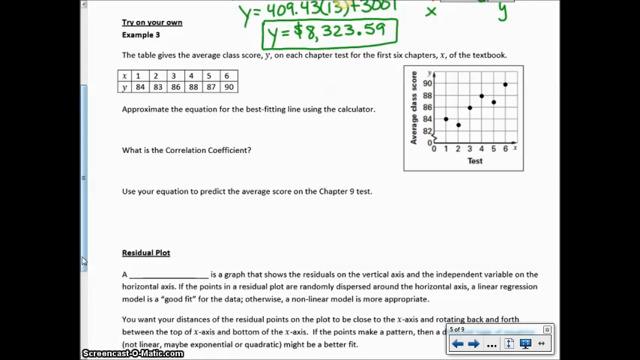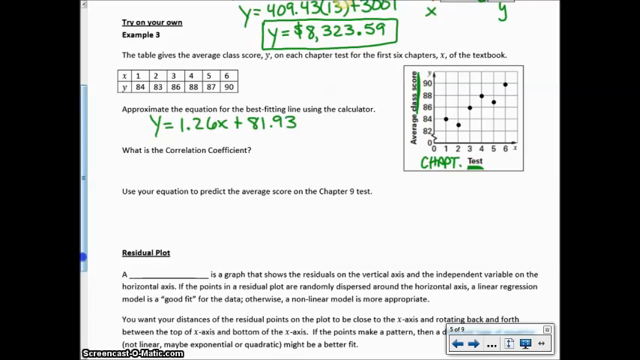So it says the table gives the average class score Y on each chapter test after the first 6 chapters, X of the textbook. So this is your test, it's your X, and this is your average class score. Okay, so this is your chapter test is what that's talking about. Okay, so there again, you're going to put all this into the calculator. So if you need to, well, you already tried it on your own, so you don't need to pause it right now. But you should have gotten y equals